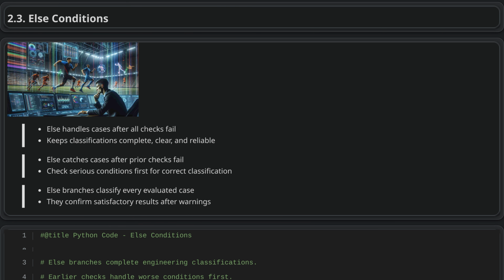Else conditions. The else condition is the final fallback in a decision process, used when none of the earlier checks apply. In civil engineering, it helps ensure every condition is classified against set thresholds, such as marking pavement as acceptable when no distress category fits. This makes the logic complete, clear, and reliable. The else condition should be treated as a catch-all